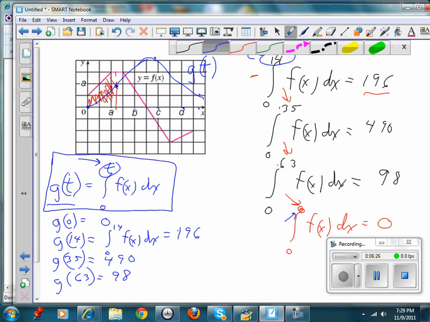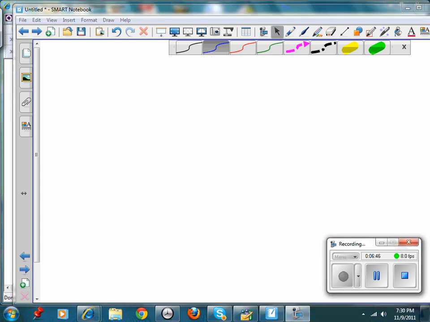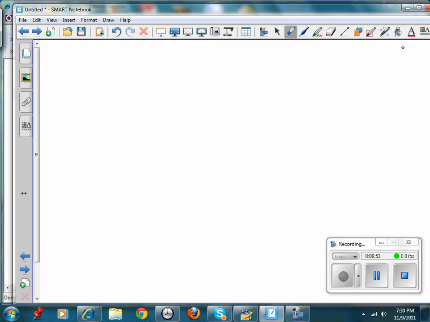I'm going to write the integral of f of x, and what is this? This is from 0 to t. I'm going to integrate this thing up to t, okay? So I'm going to integrate from 0 to t. The area under the curve is going to be g of t, okay? Once you get the idea that you can write the integral as a function,